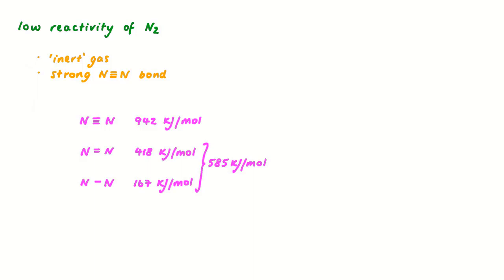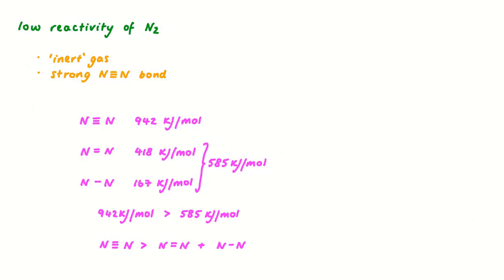The triple bond is considerably stronger than the combination of a nitrogen-nitrogen double bond at 418 kilojoules per mole and a nitrogen-nitrogen single bond at 167 kilojoules per mole. Since a nitrogen-nitrogen triple bond is stronger than a nitrogen-nitrogen double bond or single bond, and for that matter a single or double bond between nitrogen and another element, we can expect nitrogen to form the triple bond over other